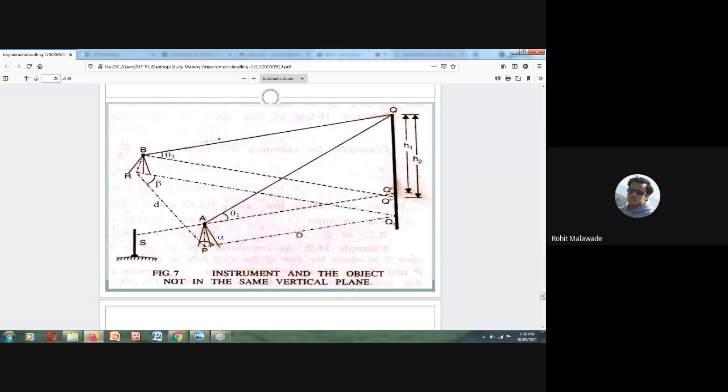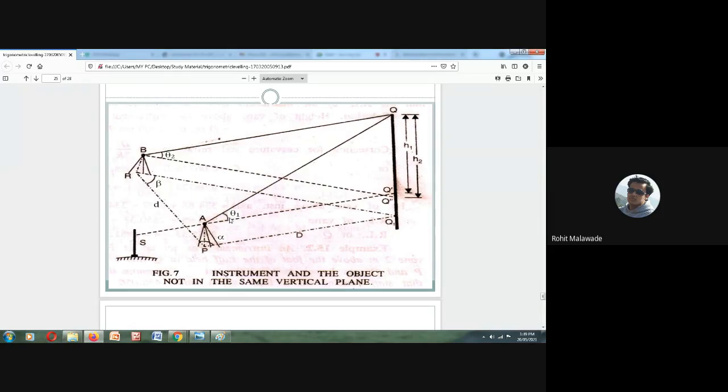Right, first we place our instrument at P. Set the instrument at P, level it accurately with respect to the altitude bubble, and then measure the angle of elevation at Q. We will be noting down the theta 1 value by keeping the instrument at P, looking at Q, and measuring the angle theta 1.